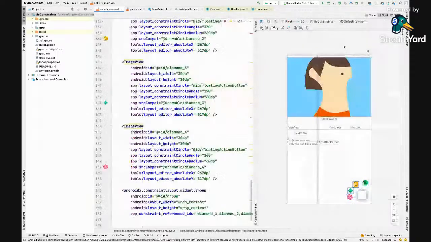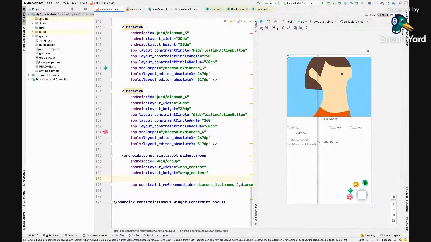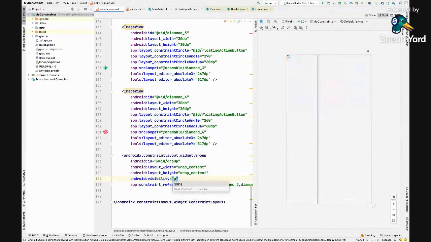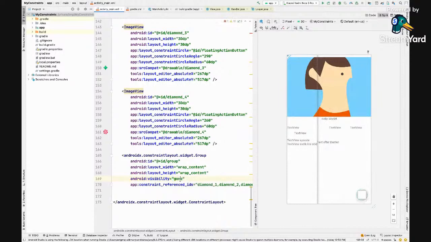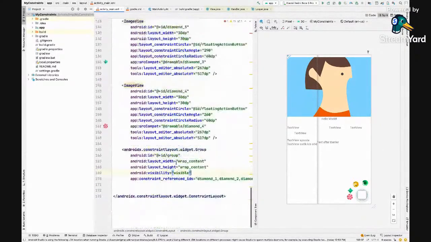If I want to change the visibility of all of them at the same time, I'll just say visibility gone, or visibility visible. I don't have to call each and every one of them to change the visibility.